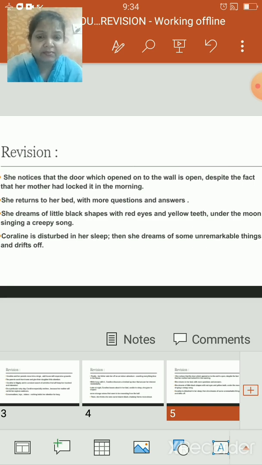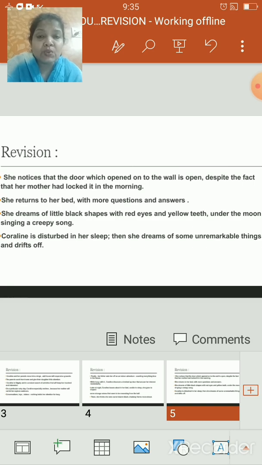But yes, this is the climax of the story, but this is not the actual climax of the story. The reason is in this lesson they have ended the story over here. But yes, if you go to Google on the net, you can check that the storyline is something else. But in this particular lesson, they have mentioned that she went off to sleep. And this is the end, and this is the climax of the story. So, yes, children, this entire story we have summarized once again. We have done a recap of this lesson, The New House.